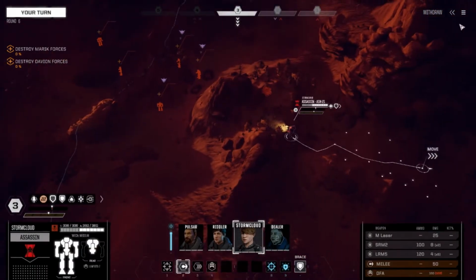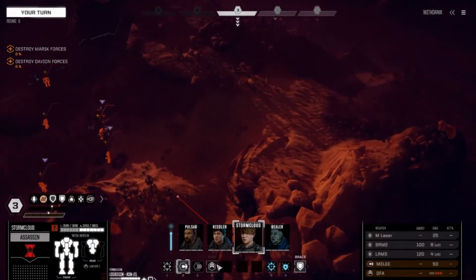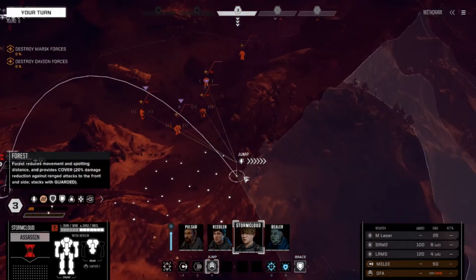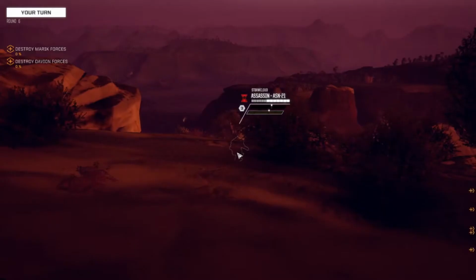This guy, what can we do with him? What if we jump him up here and give him a chance to see everybody? At least. And then he can...